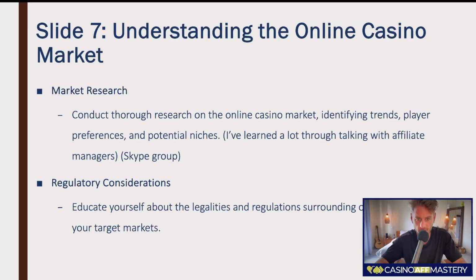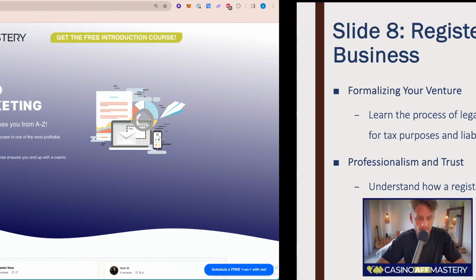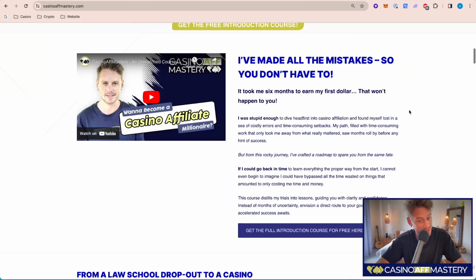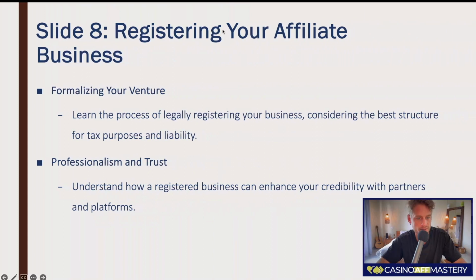You can learn a lot about the market there, and also about registering your affiliate business. I talk about this a bit in the course, actually not too much, because I don't want to give financial advice, but I talk about the mindset, and I talk about outsourcing, a lot about this stuff. But it's also pretty important to know, depending on where you live, how to set up the business. You can actually start declaring. A lot of casinos can also send you crypto payments, which is maybe good in the beginning, but you also kind of have to set up a real business in order for this to be a real business, I guess.